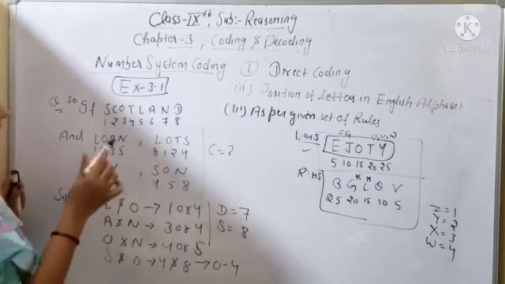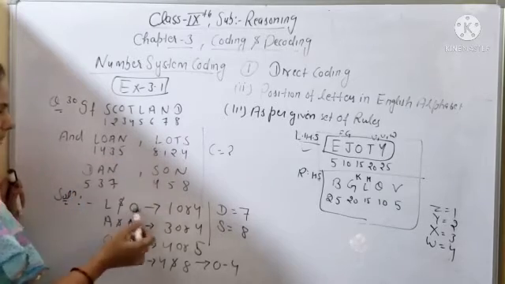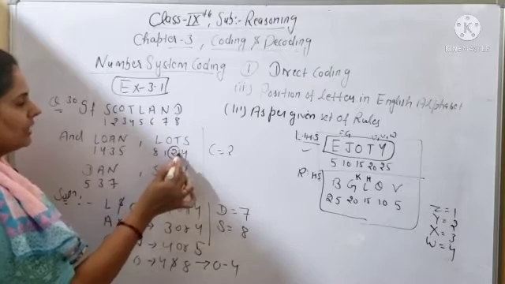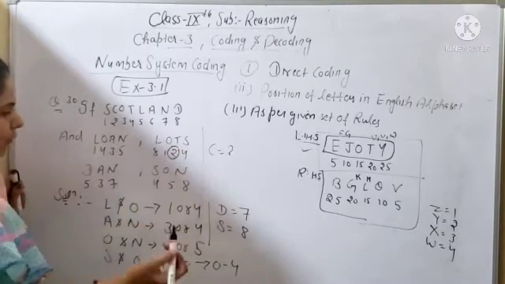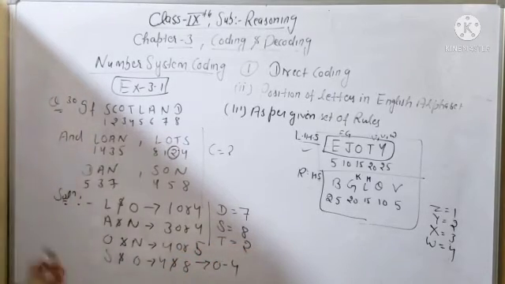ओके, वी विल सी. ओके, LO here and LO in both LO common, so 1 and 4, 1 we have taken. Okay, 1 here, so what is left, only 2 is left. So L we have taken, O we have taken, S we have taken. So for T we will use the code 2. So T के लिए कौन सा कोड यूज होगा बेटा 2.